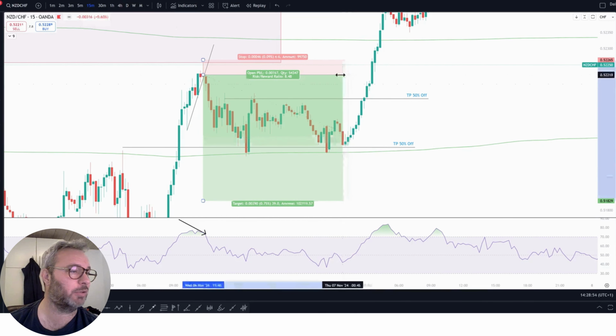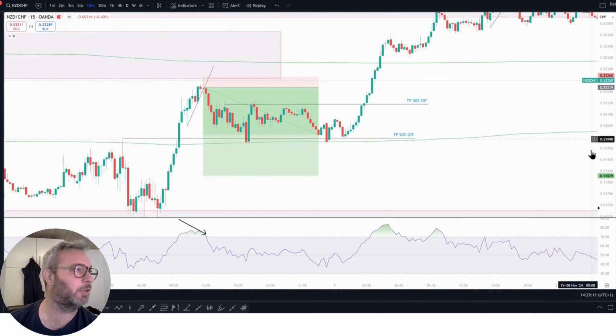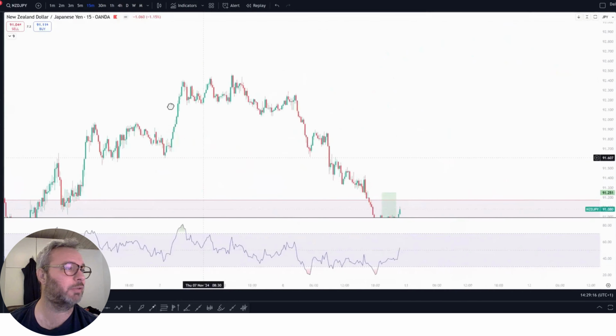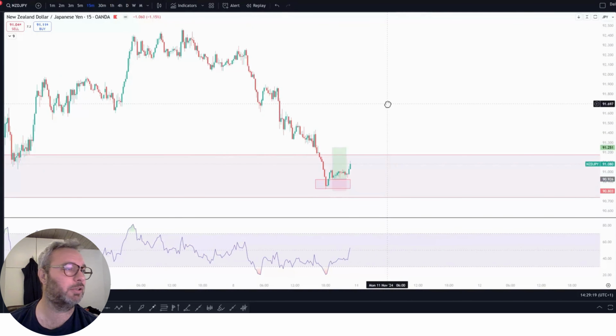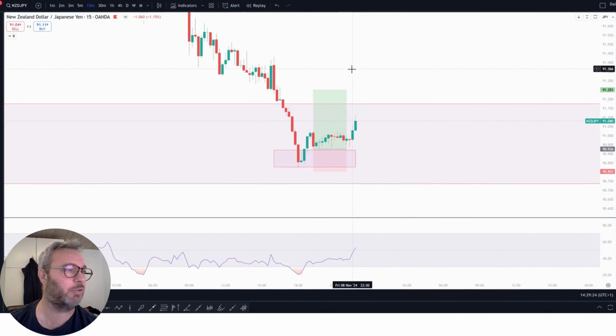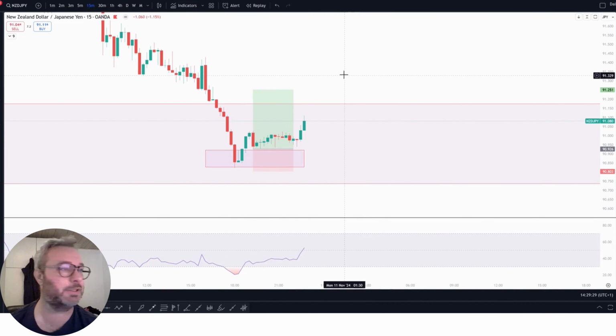No, let's see, when did I close it? That must have been about that. Yeah, then I closed the trade here. So next trade, New Zealand yen. See, what did we have here? Oh, down here. Yeah, that was yesterday. The trade was closed because the market closes here. They don't want to have it open over the weekend.